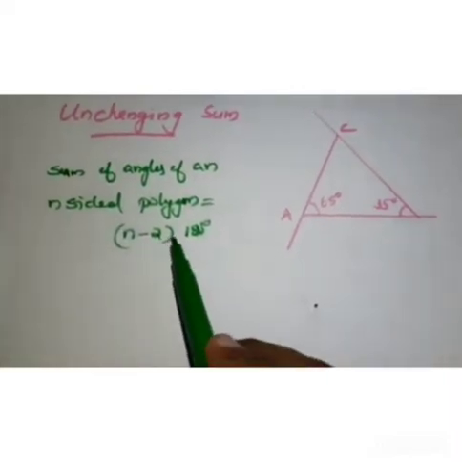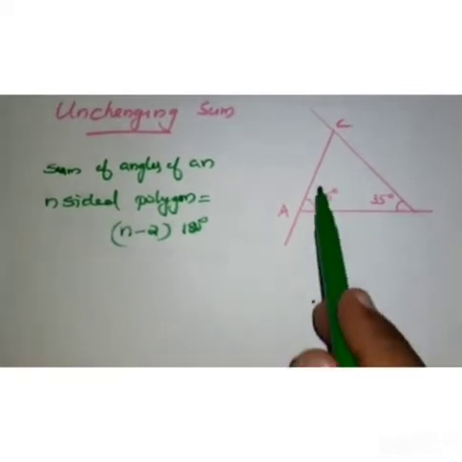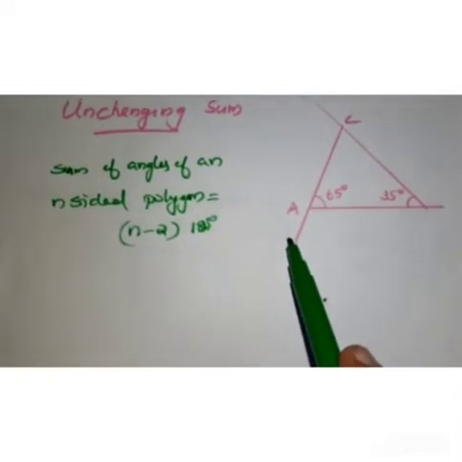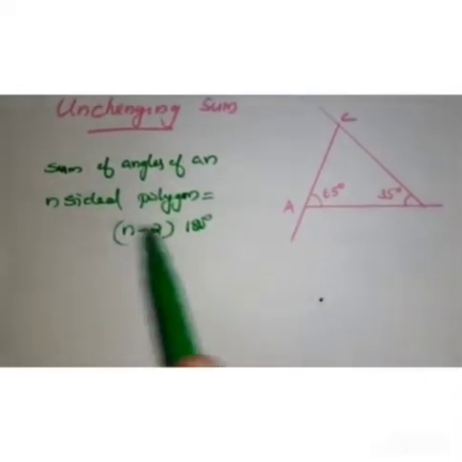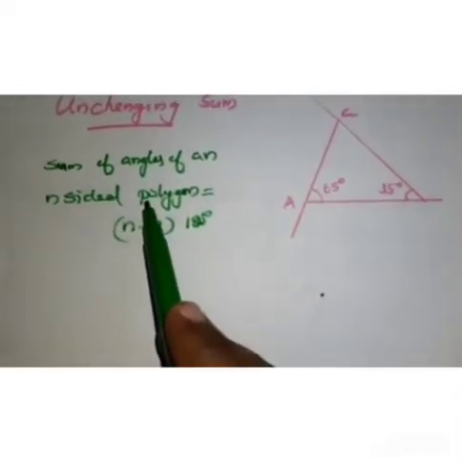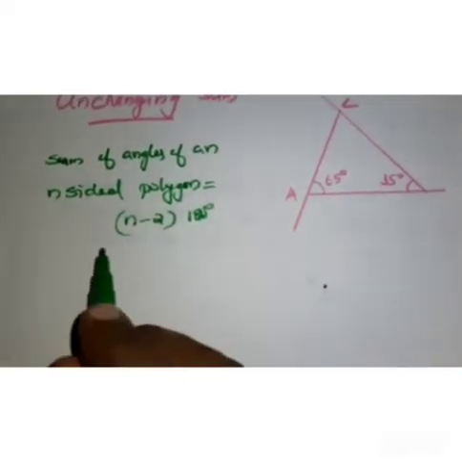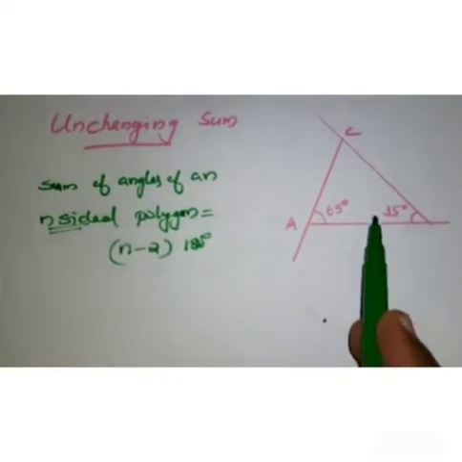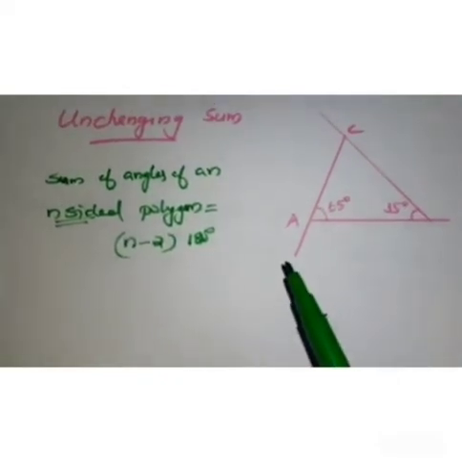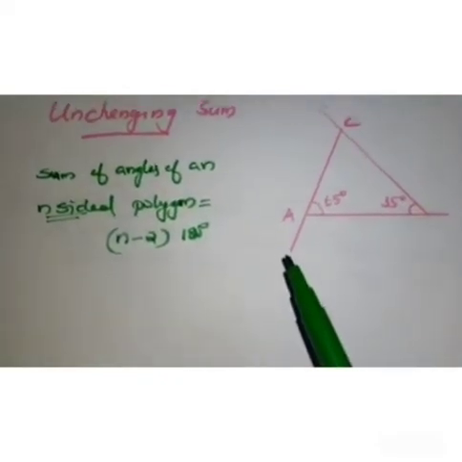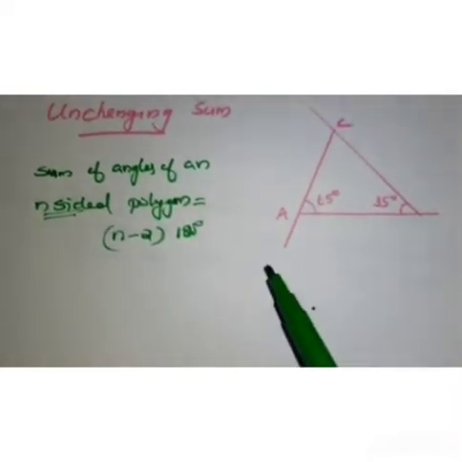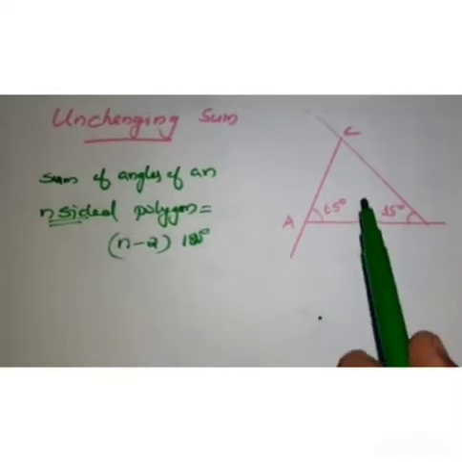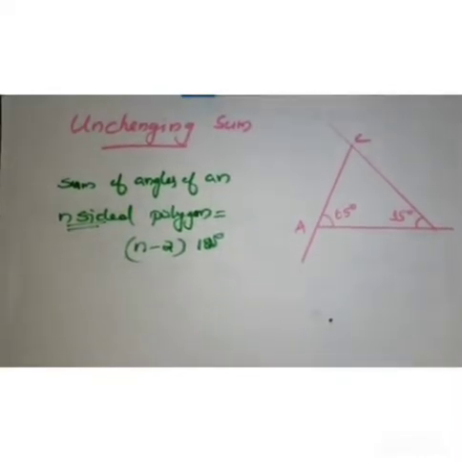And the angle that you are getting, that is the inner angles. So, to calculate the sum of inner angles of any polygon, we need only to know the number of sides, n. If we know the number of sides, we can find out the inner angles of a polygon. Then, what about the outer angles? How will you find out the outer angles of a polygon? Today we are discussing that.